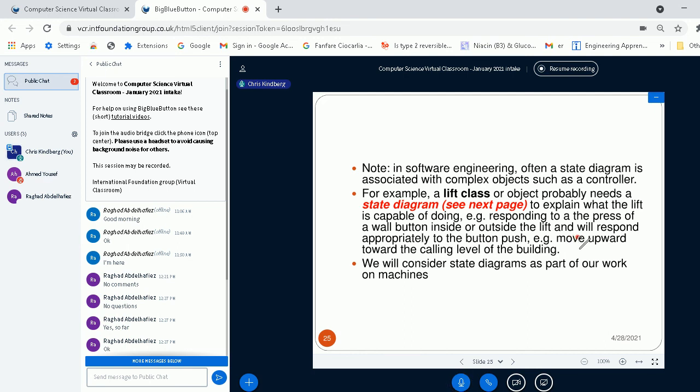Or if I press a button, the lift is actually going to move upwards towards the calling level of the building, or the person on a particular floor that's pushed the button.